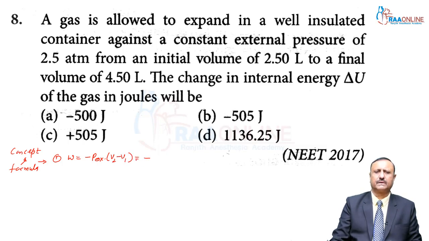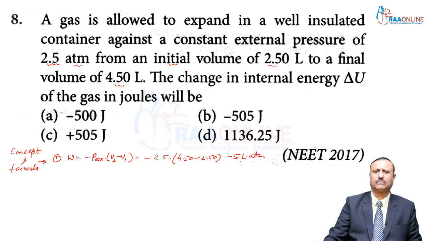Here, my dear students, pressure is given, that is minus 2.5 atmosphere. Here V2 means this 4.5 is V2 and the initial volume, 2.5, is V1. Initial volume is V1, and final volume is V2. So, my dear students, you can take minus 2.5 into 4.0 minus 2.0, which gives minus 5 liter